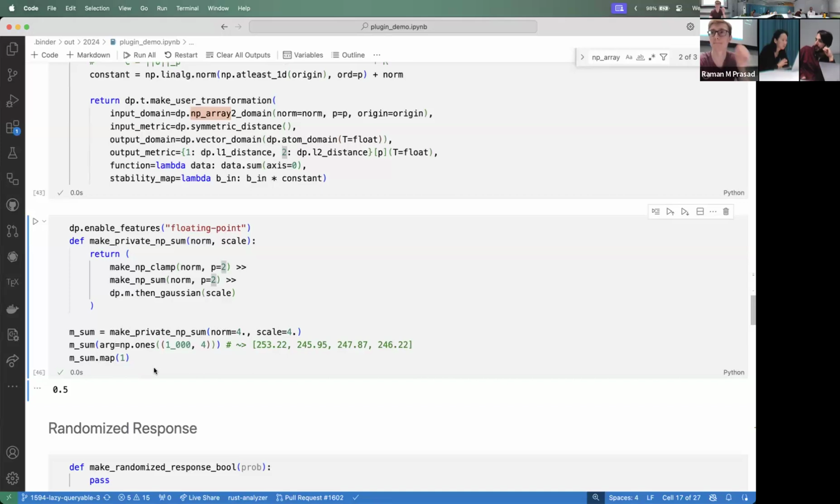Gaussian, for example, expects either absolute value difference or L2. If it's a vector valued noise mechanism, then it wants some Lp distance, and if it's scalar, then it's absolute. It's really picky. You could say that it's okay to pass an L1 distance into the Gaussian mechanism because L1 is always larger than L2. I think I got that right. Orders might be backwards, but